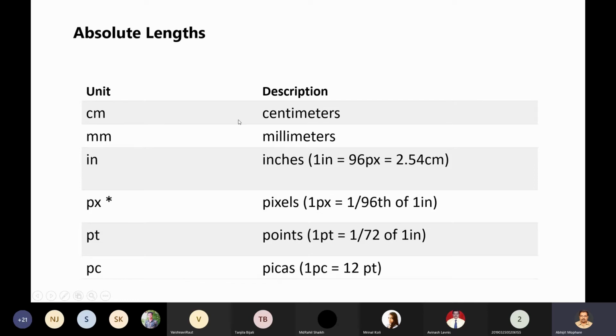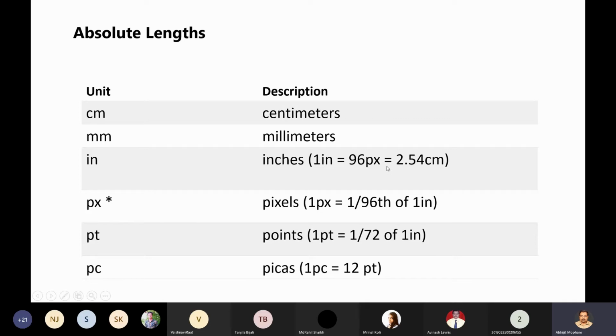For the sake of completeness I am just giving them. Don't bother about these; the only thing you have to bother about is pixel. Whenever it is required you can use cm, mm, inches.